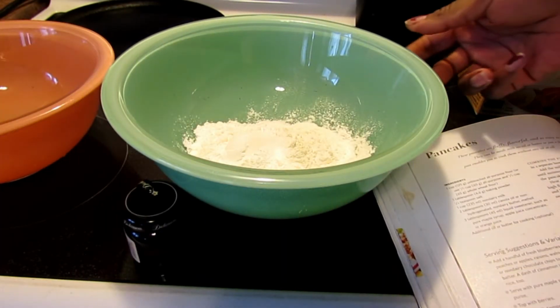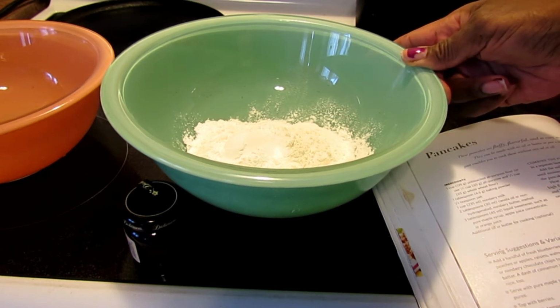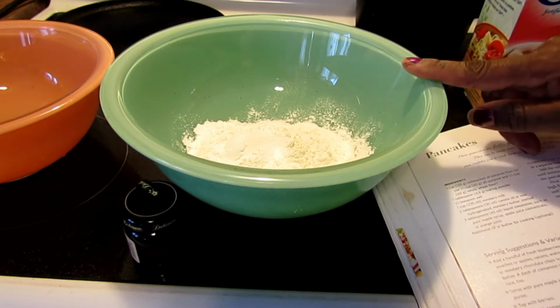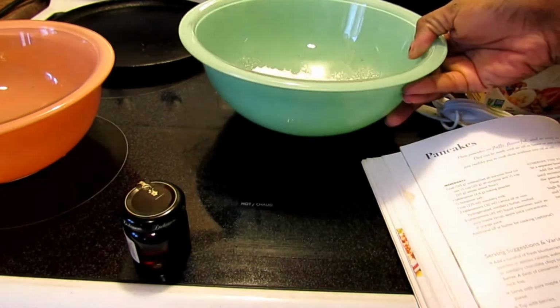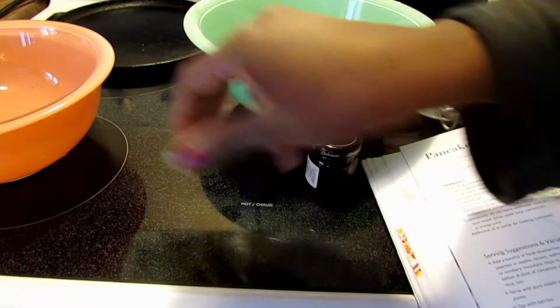Okay, so in this bowl I have 1 cup of unbleached all-purpose flour. Now the recipe says you can also use half a cup of all-purpose flour and half a cup of whole wheat flour. I have 1 tablespoon of baking powder and 1/4 teaspoon of salt. So I'm separating the dry from the wet. So into the bowl with my wet ingredients,